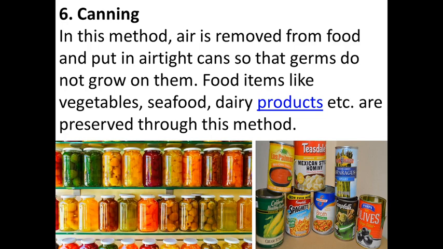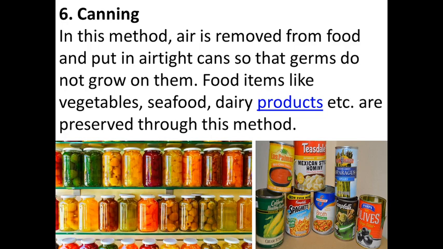Okay, so canning means what? Food is put in sealed cans or jars and heat is applied. This destroys the microorganisms that spoil food. So many things we can store in cans like fruits, vegetables, fruit juices, pickles, cheese, butter, meat, fish. Okay, all these things are generally canned or bottled. Your sauces. Now pouches are there, but normally sauce is bottled.